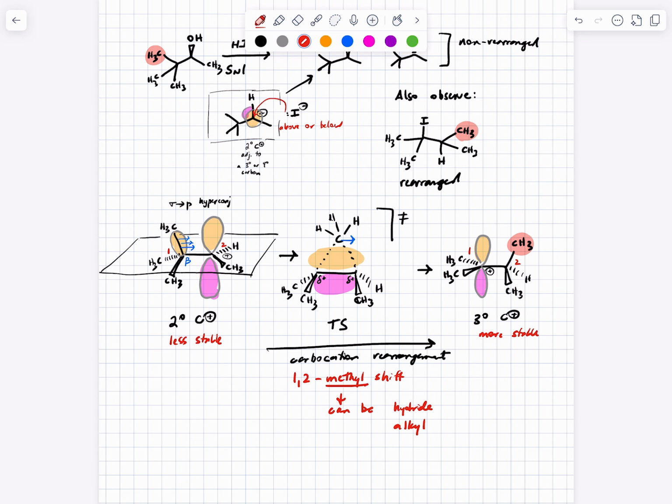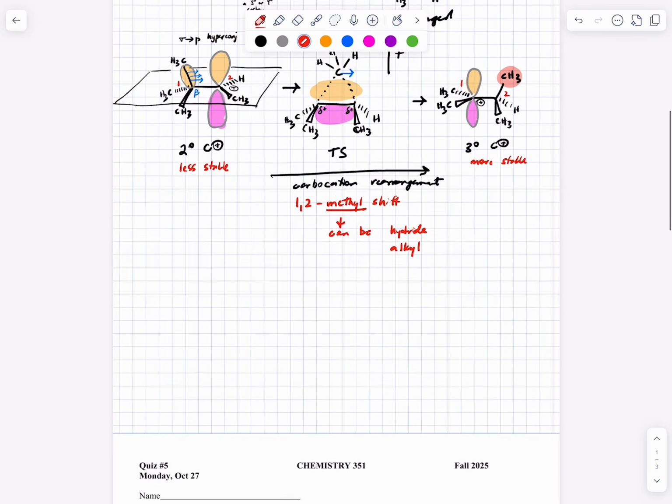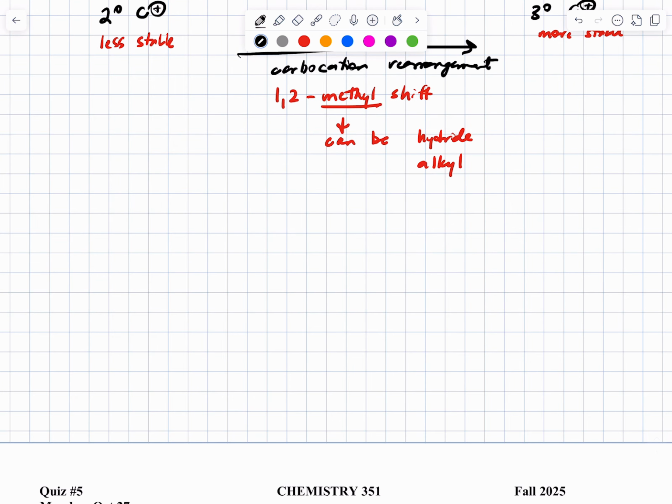Yeah? Does it need to be the methyl group that's moving? Does it have to be the methyl group that's moving? In this particular example, yes, because there's nothing else that could move. However, if we were to change the situation slightly to where there was a hydrogen,